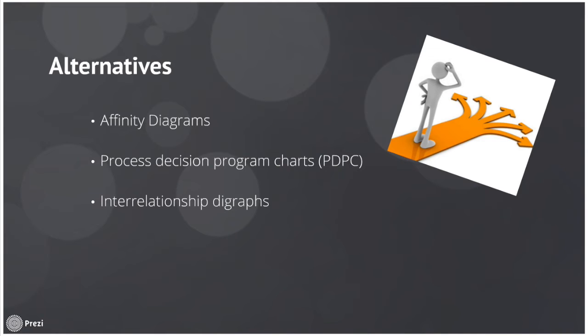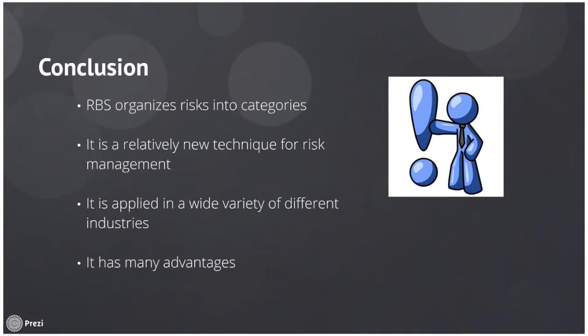All right, what did we learn? We learned that risk breakdown structures organize risk into categories. It is a relatively new technique for risk management. It is applied in a wide variety of different industries and can be used throughout different projects. And it has many advantages,